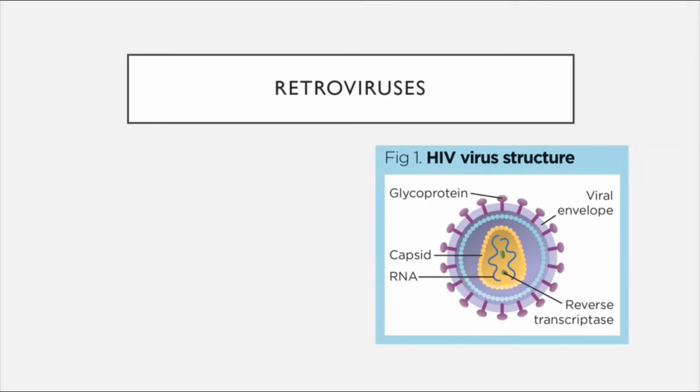Our third and final category of animal viruses to discuss are the retroviruses. We've talked about DNA viruses, we've talked about RNA viruses, and now we're going to talk about retroviruses, which are actually a special subcategory of RNA viruses. The thing that sets retroviruses apart from other types of RNA viruses is that they possess